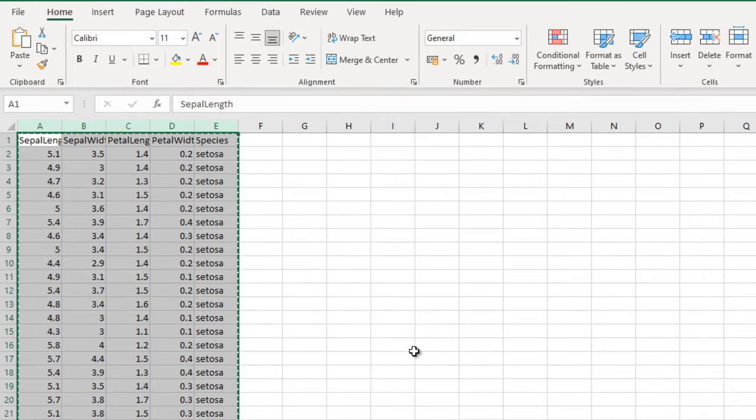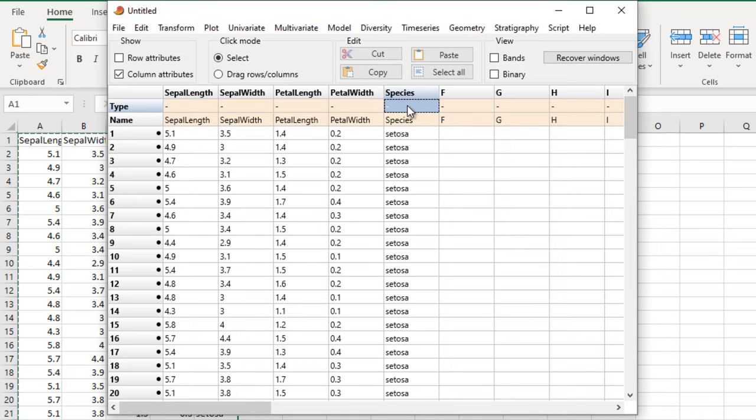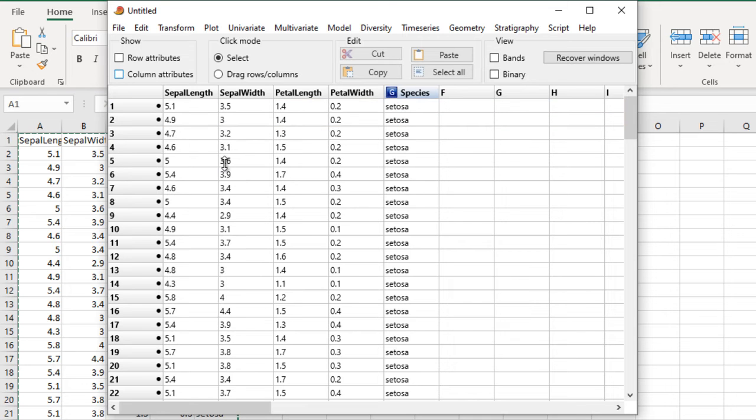So I just copy it now, go to my Jamovi environment. As usual, I paste it here. So I remove it. So correlation, from what you understand so far,